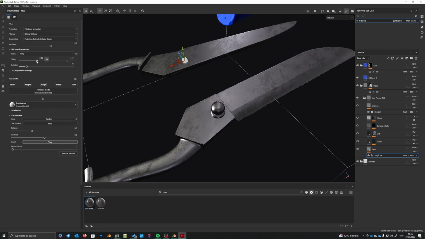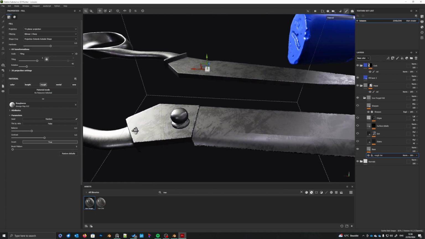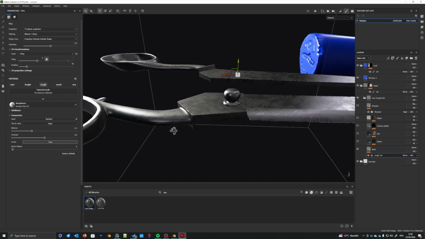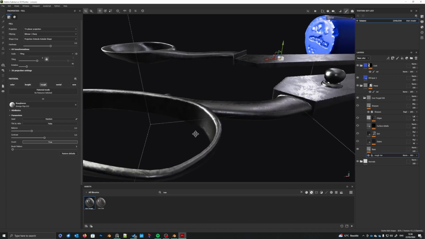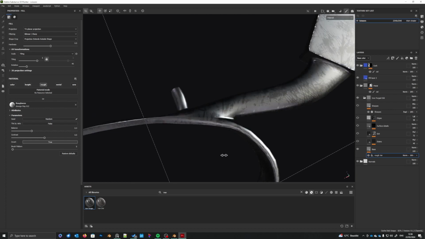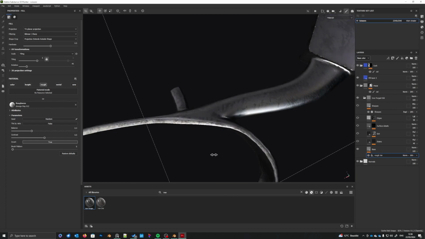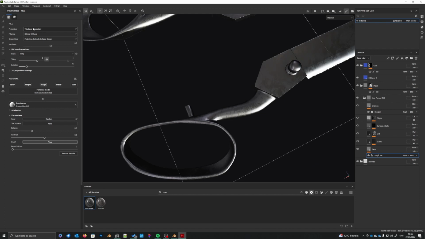And we can play a little bit with the tiling. Let's do 5 tiling. And if you already see this does not look like the... especially here, I think we will see that the seams are visible. Then it's already triplanar projection. That's why we don't see it. You can change it to triplanar projection, but